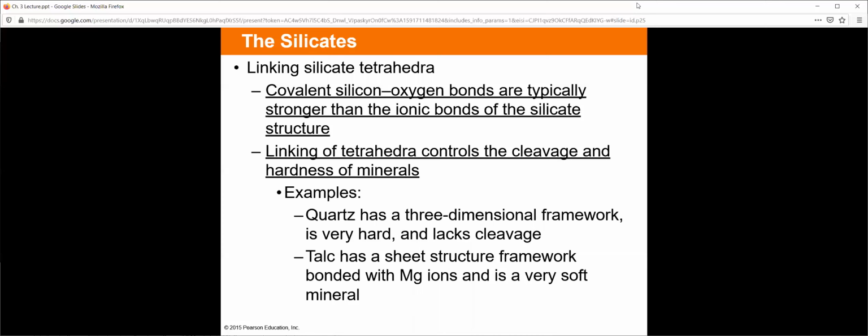Quartz is a silicate. Quartz is very strong, has a very distinct cleavage plane, very distinct looking crystals. Talc is also a silicate, and it crumbles. You know, you've had talc powder before, right? Smash that talc powder up in your hand, you almost have a rock of talc. It's just that weak.